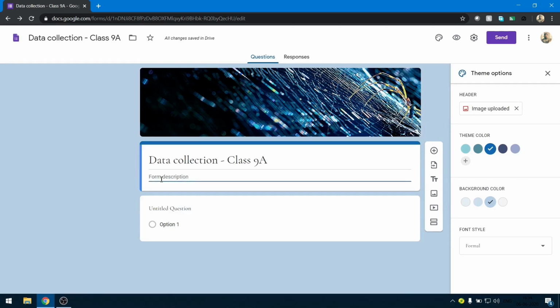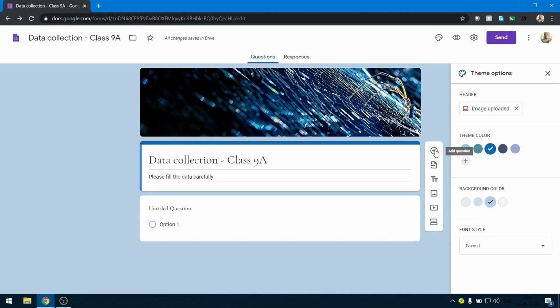You can also add a description for your Google form. Besides the Google form, you have different options so that you can customize your Google form.